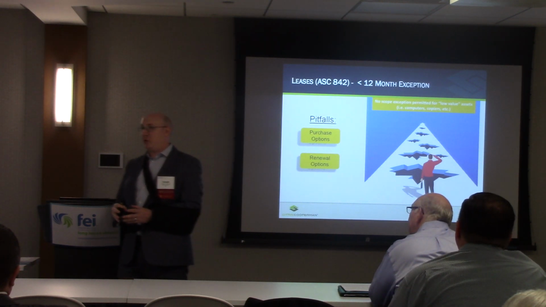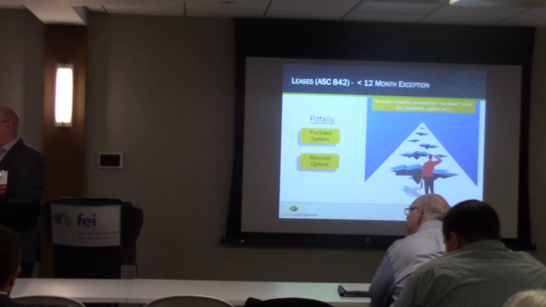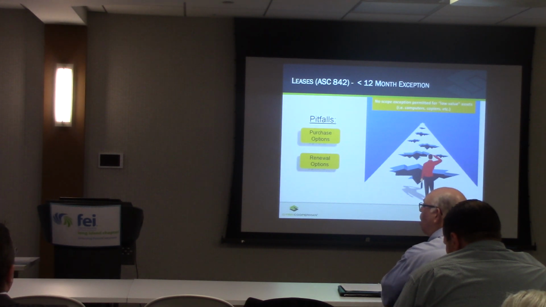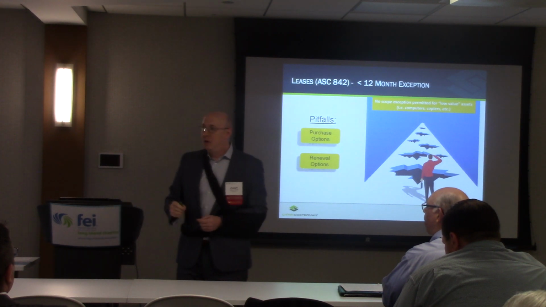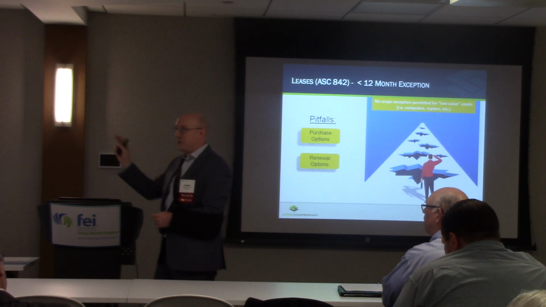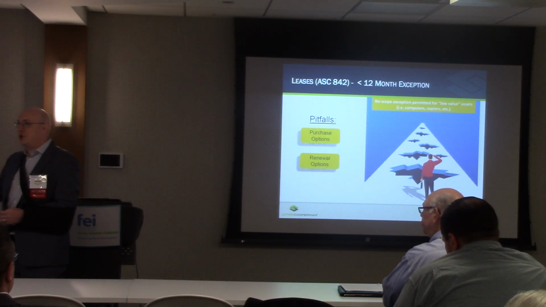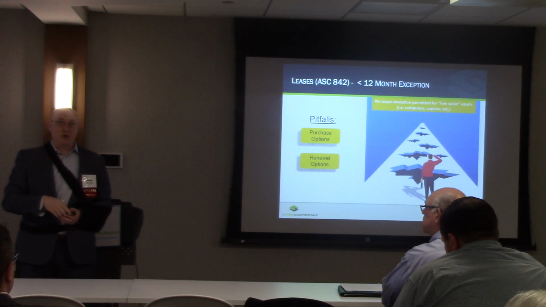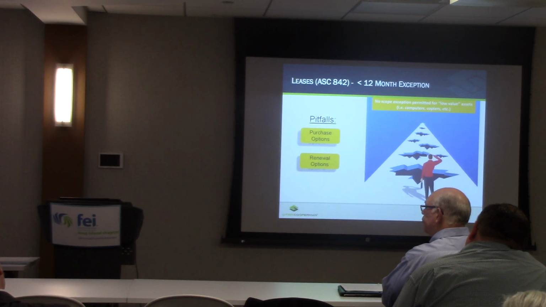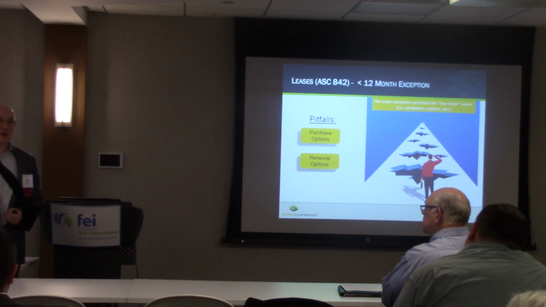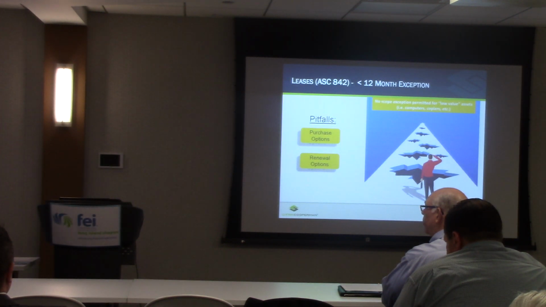So there is an exception. The first question I always get is, okay, there's a new standard, how do I get out of it? Right? Well, there's an exception. To get out of it, it's the 12-month short-term lease exception. There are some common pitfalls here, though. What you have to be careful of is those two items there. Purchase option, so purchase option automatically will take you out of it, and renewal options, so you can't go in and just have a 10-year lease and say, okay, I'm going to do a 1-year lease with 9 one-year renewal options. Aside from the fact that your landlord would never allow you to do that, or whoever is the lessor,